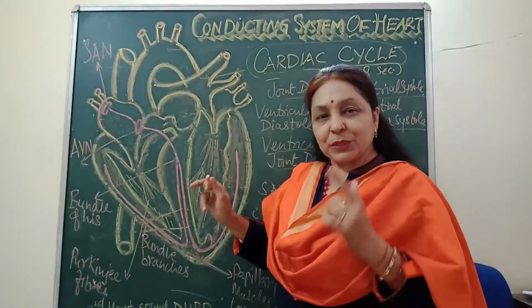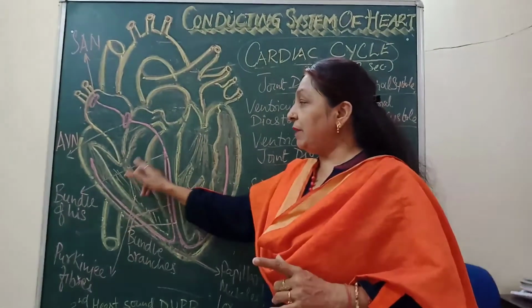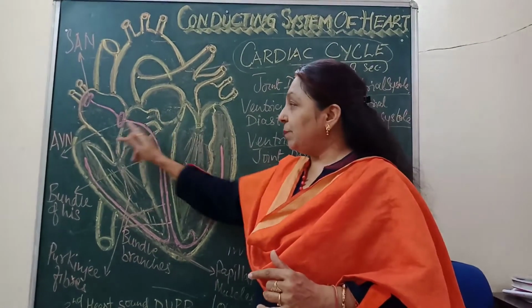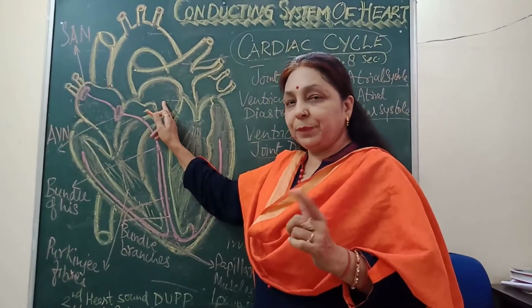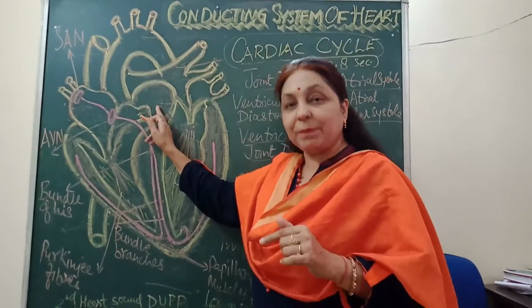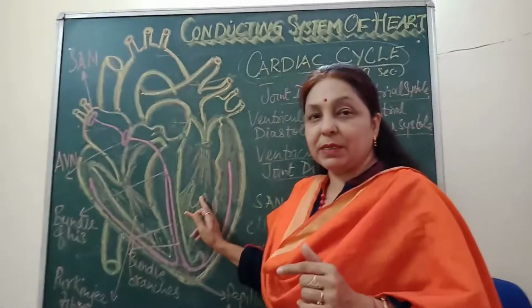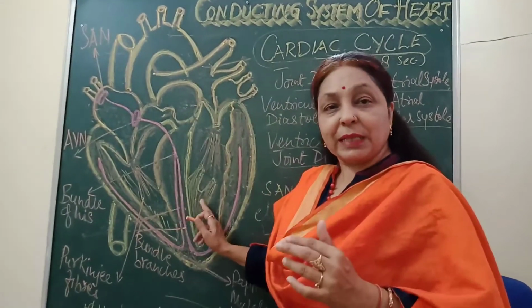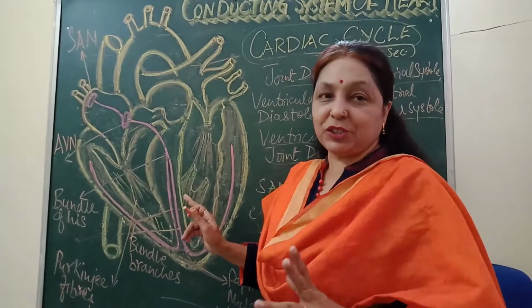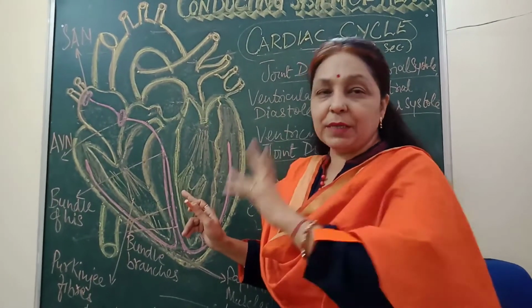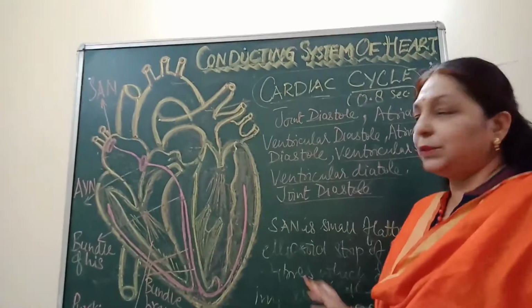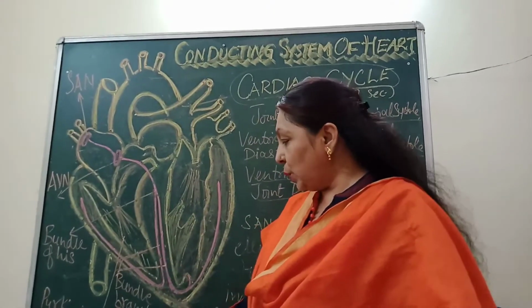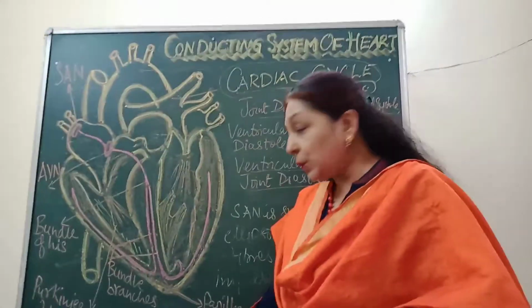It's like that. So due to the sharp closure of the AV valves, what will be the pressure in all the chambers? Upper two chambers will be filling. That means they will be showing diastolic pressure, and the lower two chambers will be emptying their blood to their respective pipes. That means now they will be showing systolic pressure. And the first heart sound, lub, is commenced due to the sharp closure of the AV valves. Now the second sound, I told you, is commenced during the ventricular diastole.